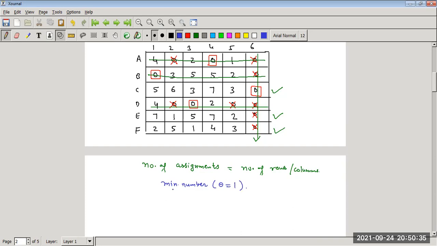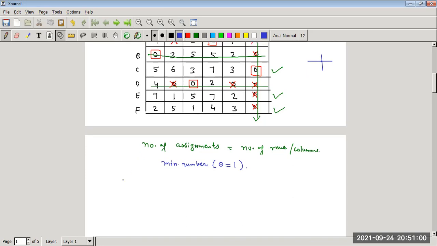Now what we do, हमने ये मिनिमम नंबर अगर जहां से कोई भी लाइन पास नहीं हुई है उस नंबर में से ये माइनस करना है. जहां जिस नंबर के ऊपर से एक लाइन पास हुई है उस नंबर को एज इट इज रखना है. जहां जिस नंबर से दो लाइनें पास हुई हैं, दो लाइनें पास होंगी तो इट मींस इस तरीके का प्लस साइन बनेगा, उस नंबर में हमने ये थीटा ऐड करना है.